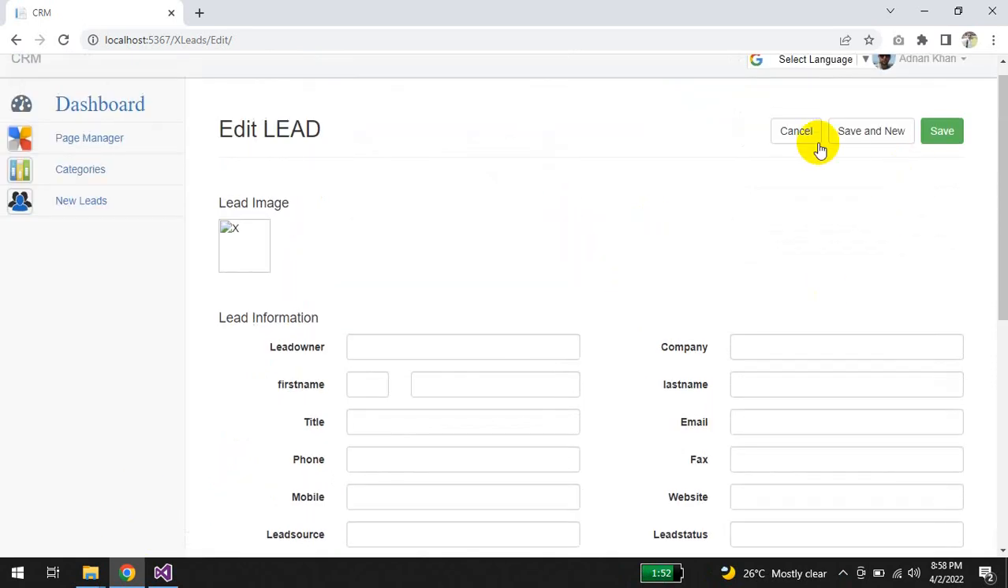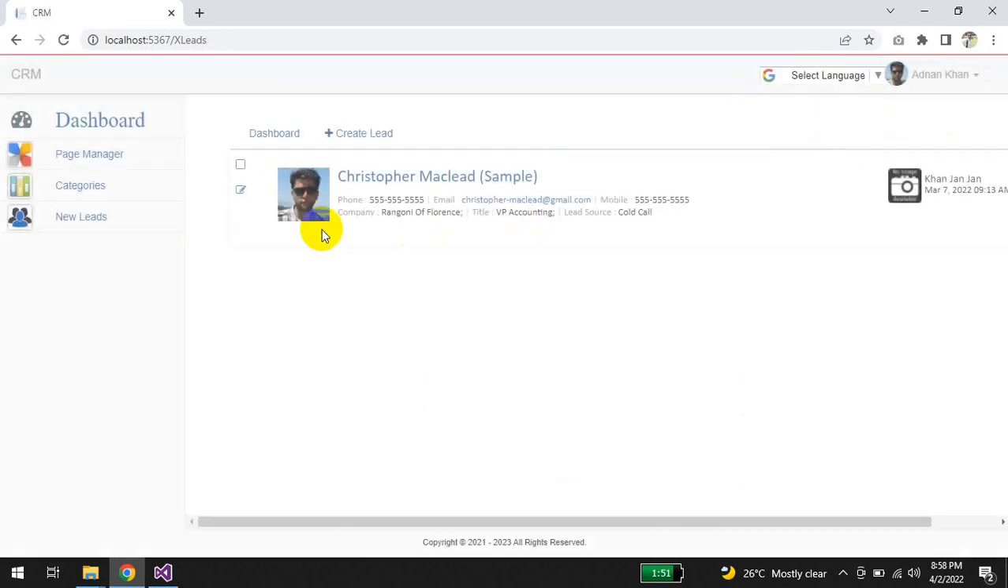Okay, we can add, we can cancel, save new, and save as generally. Save is to save and add and leave it on the same page. And if we click on save, it will go back to the leads page. Okay, if we click on the edit button,